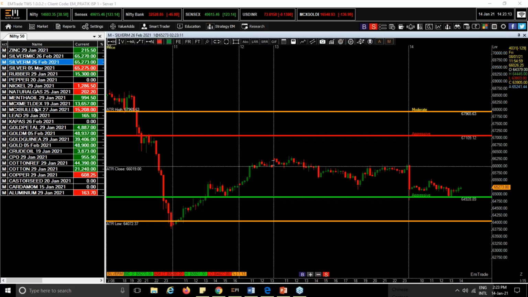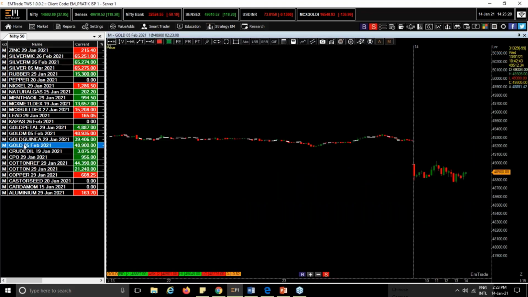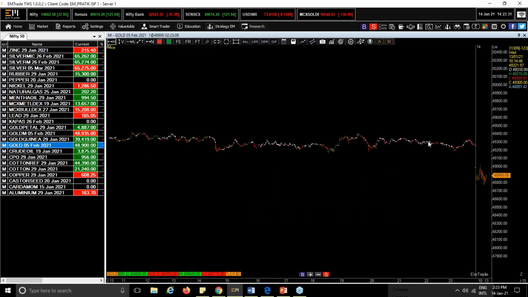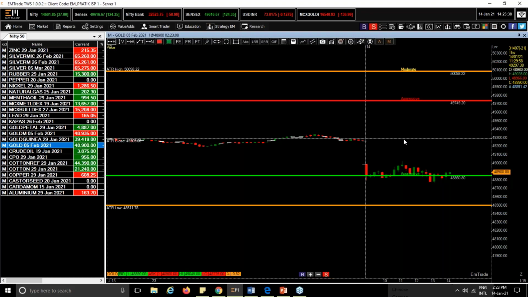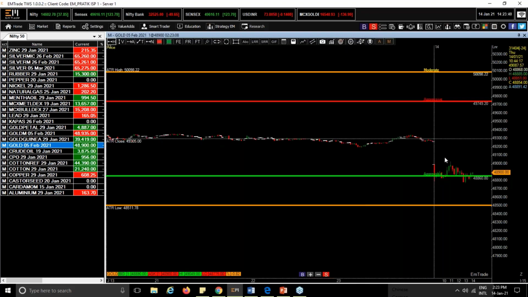Yeah, fine. We will check some more stocks also, some more scripts, Mahesh. Now I want to check the gold. Fine. So I just check the gold M for the February contract I got. So this is the contract for 5th of February. Just click on the icon of Fibonacci ATR and your 4 bands appear on your screen.